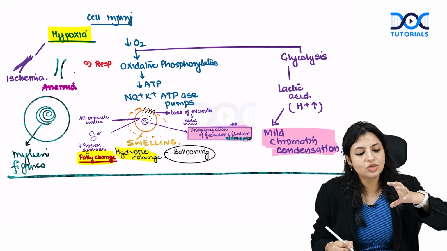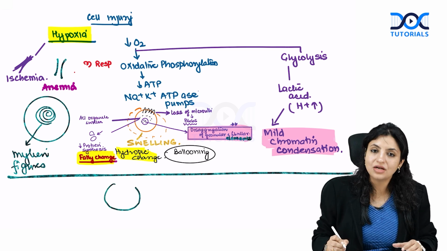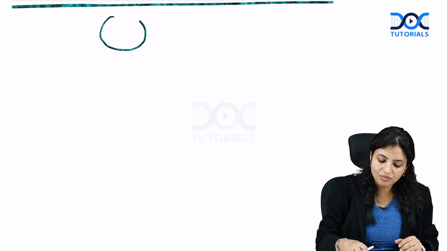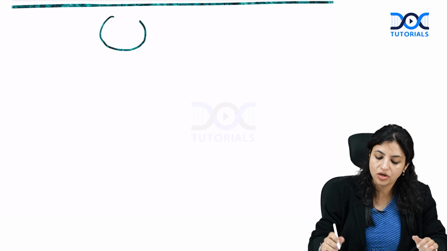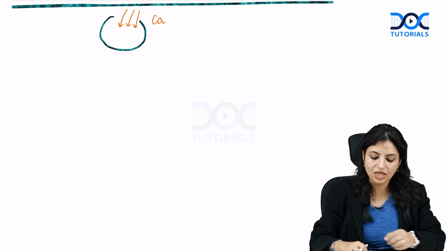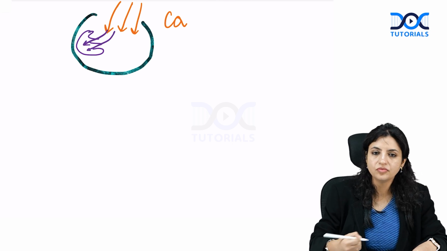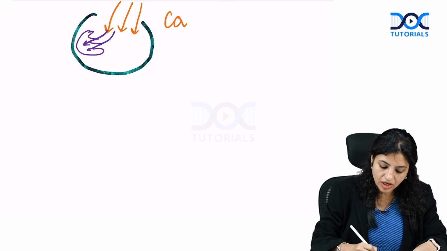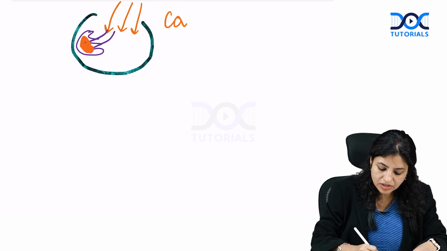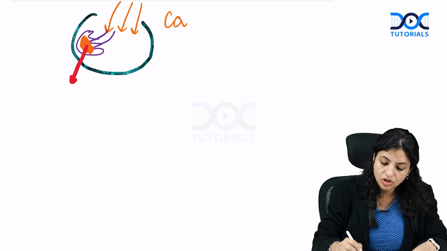Why? When the cell is swelling, one time will come when the cell membrane will get ruptured. Once your cell membrane gets ruptured, that's it, gone. Now all the calcium from outside will start coming into the cell. As soon as the calcium comes into the cell, the organelle which will try to protect you is your mitochondria. It will try to take all the calcium within it. But after a point of time, when so much calcium is coming inside the mitochondria, this will lead to formation of